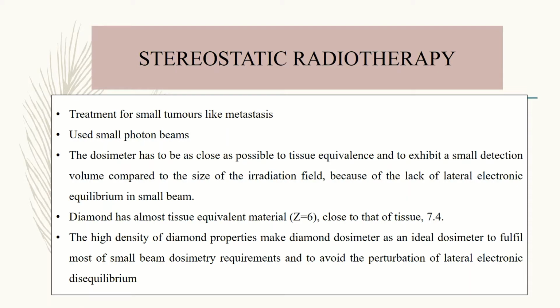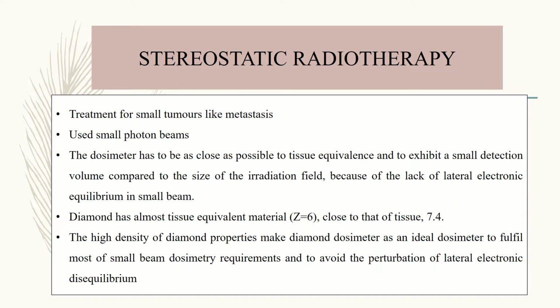Stereotactic radiotherapy. Stereotactic radiotherapy is a treatment used for small tumors like metastases, and it uses small photon beams. The smaller dimension of the photon beams used in this treatment requires a suitable detector to determine the delivered dose with a high accuracy. The dosimeter used in this treatment has to be as close as possible to tissue equivalence